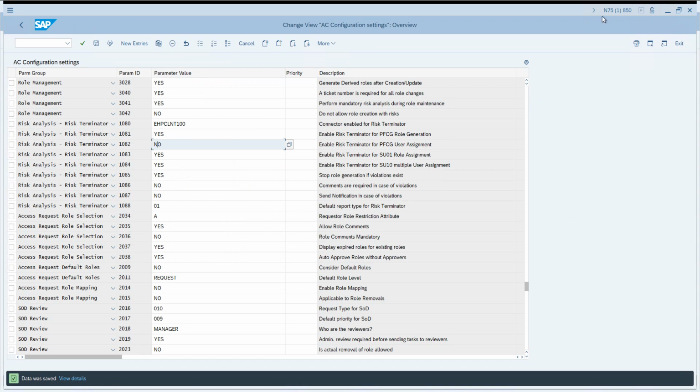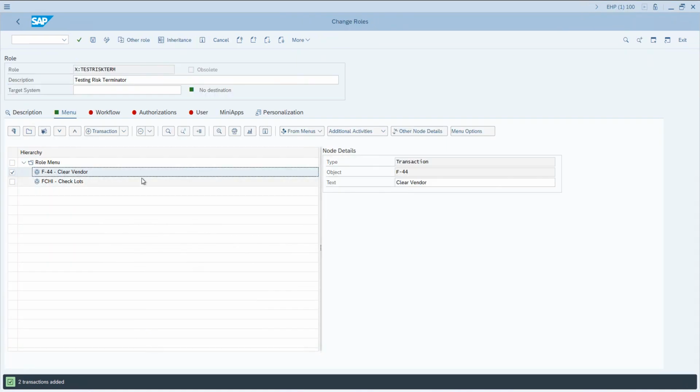We are looking at the parameters in the GRC system, but we set the same parameters for risk terminator with the same values in the plugin system also. So based on the values in these parameters, your risk terminator should react and function. Click on save and click on generate.